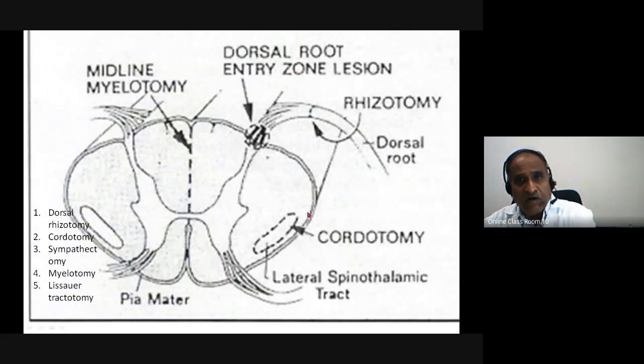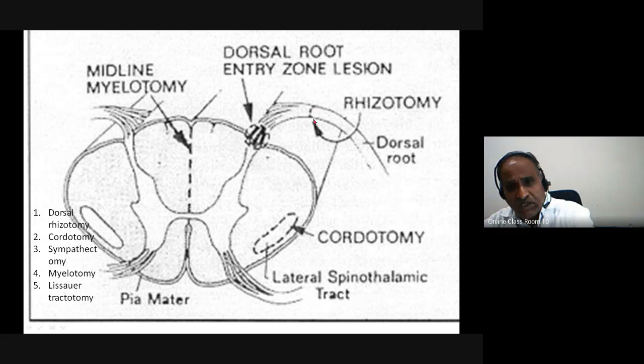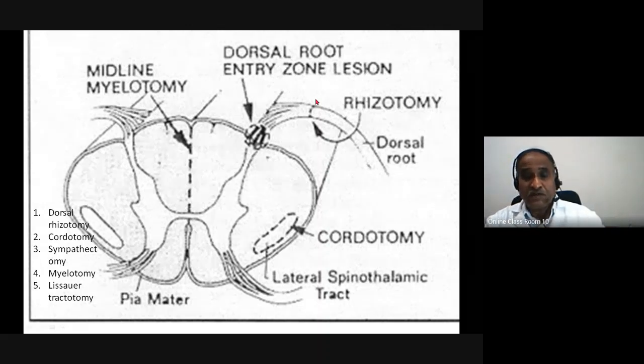This is the spinal cord. This is the dorsal rhizotomy. This is where it is cut. Rhizotomy is the procedure of cutting the dorsal root. Because you need to go to the spinal cord level, identify the dorsal root, and cut it. Or